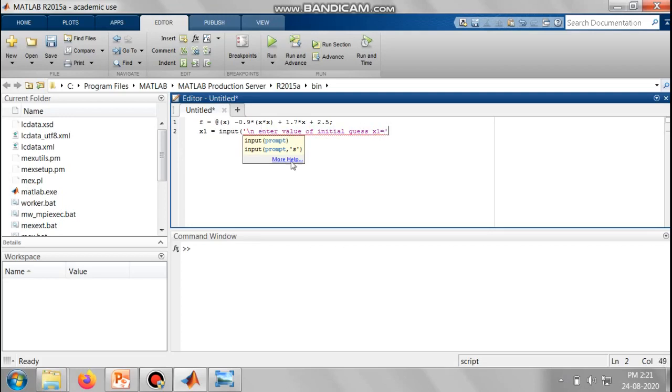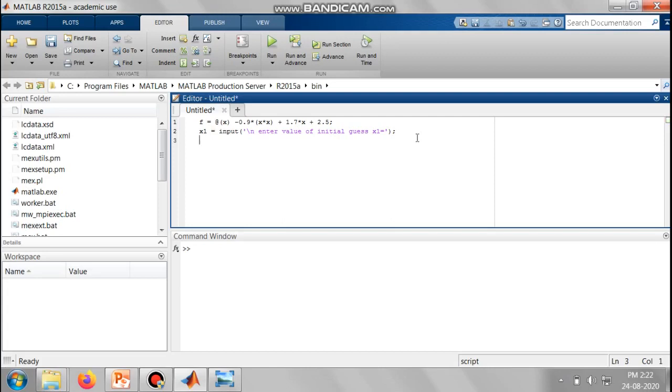Now the statement which we have written in the quotes will be printed after running the program, and this will be observed by the user, and this particular input of x1 will be entered. So quote, and then you can complete the statement with a bracket, and then you can terminate this particular statement.